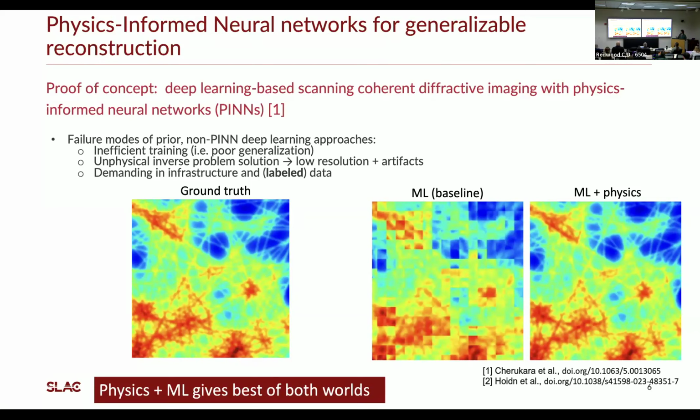And this was demonstrated by Chirikar et al. several years ago. The problem with the initial attempts was that, since this is trained in a supervised fashion, you get physically inconsistent solutions, and also the resolution isn't very good. The other issue is that the model doesn't generalize well. So every time you move to a different type of sample, you basically need to retrain. So that made